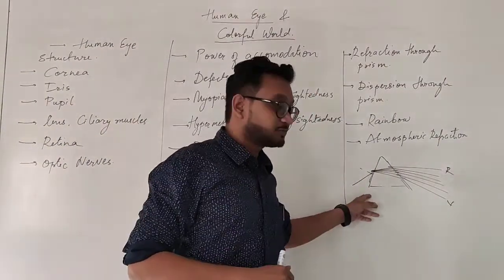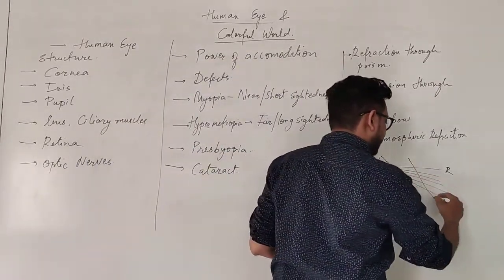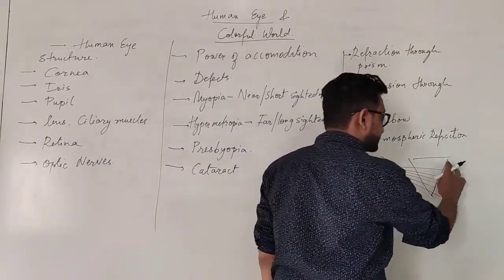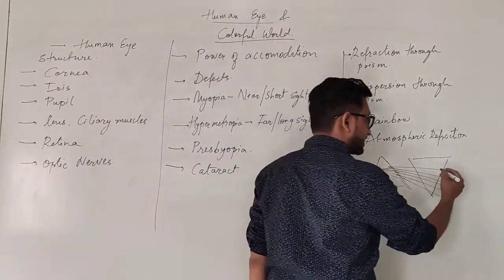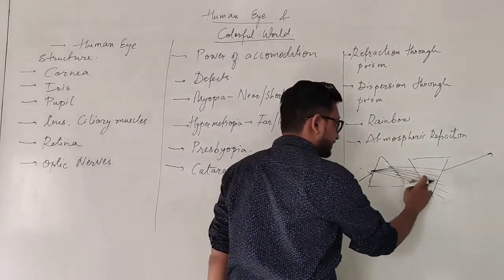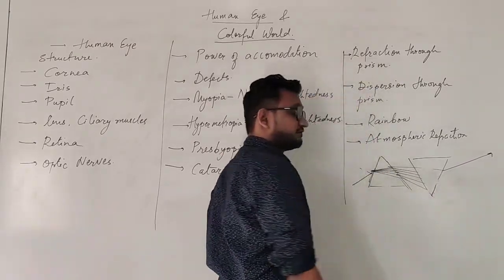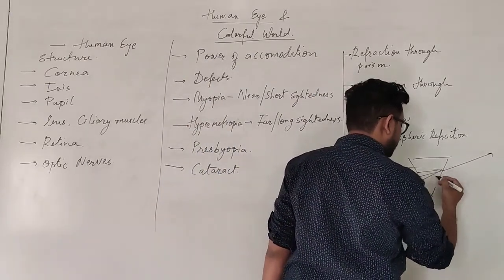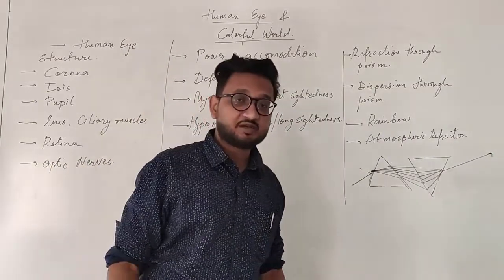Isaac Newton tried to disperse the light even more, and therefore he used two prisms, but unfortunately he could not disperse the light any longer. What he observed was that when he kept these two prisms at a certain angle, then on the other side only one single beam of white light emerged, because the refraction of all the colors happened once again, and because of the refraction and change in the wavelength, they combined once again into one single beam of light after refraction, and one single beam of light emerged from the other side.